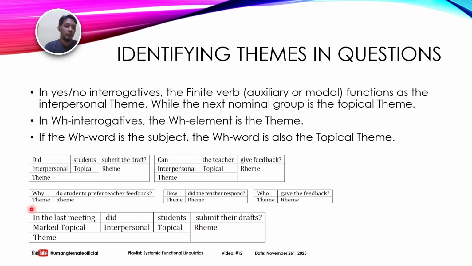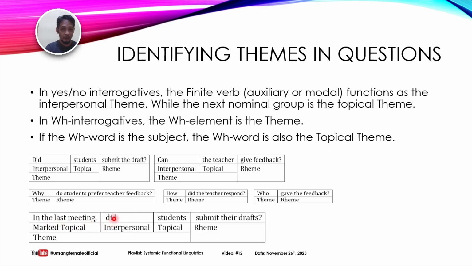And I have told you before that we can also have a clause like this when the clause begins with a circumstantial element, like this: in the last meeting, and this is still a question. Okay, in the last meeting, did the students submit their drafts? Okay, so in this clause the theme we have is the circumstance here, the marked topical,